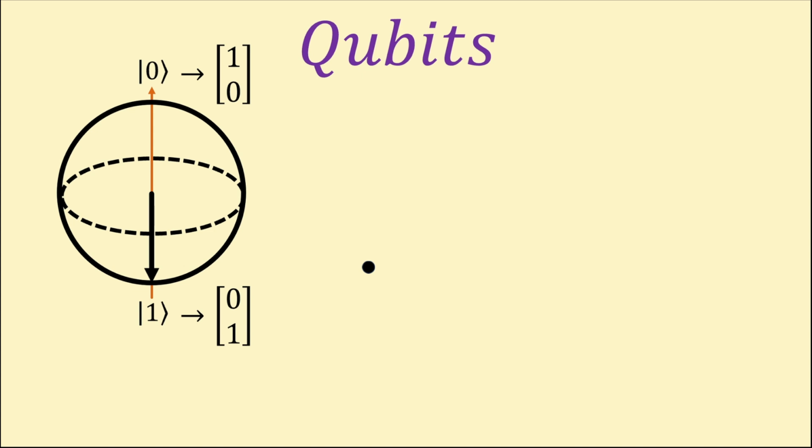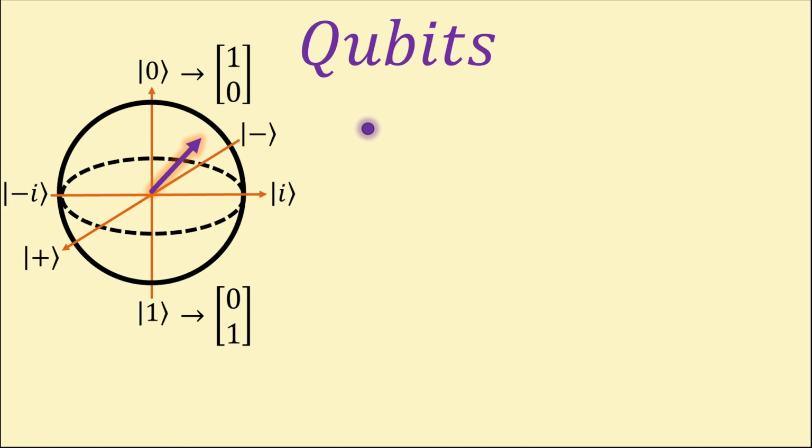These poles are the only two spots available on the sphere to the classical bit. The rest of the space is for qubits only. We can label the x-axis of the sphere with ket plus and ket minus, and the y-axis of the sphere with ket i and ket negative i. To learn more about i, the imaginary number, click on the pop-out banner above. These axes give the qubits extra properties under phase, and so a qubit in superposition could look something like this. Superposition just means a combination of 0 and 1 on the sphere, anywhere in between.